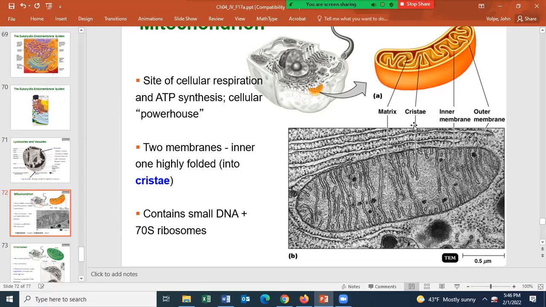The mitochondria is different in that it has two membranes, an inner and outer one. It also is different in that it's an organelle that contains both DNA and 70S ribosomes. There's only one other organelle in eukaryotic cell that is this way,